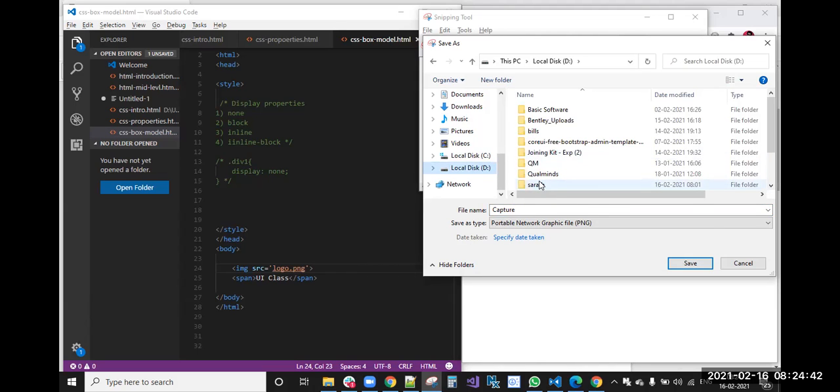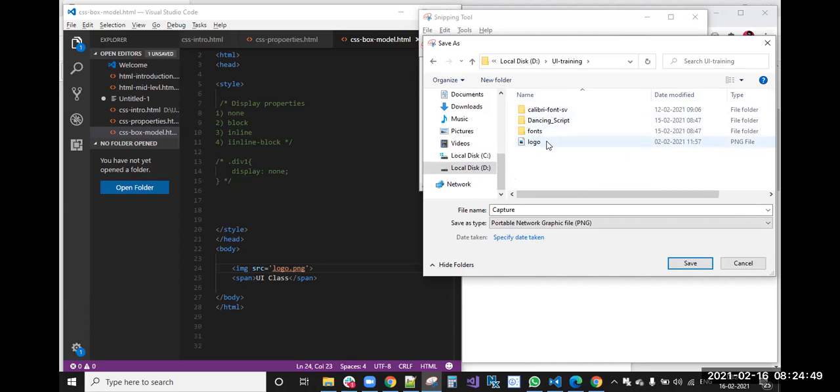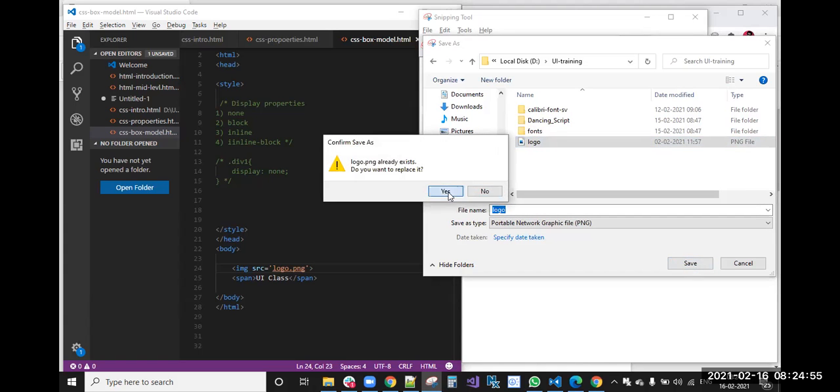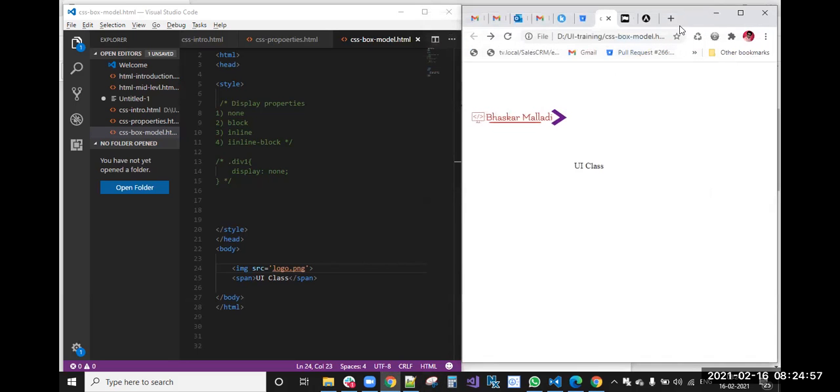I'm removing that extra space. Now you can see that. Beside this, the UI classes came, right? Because this logo is an inline element only, and this is also an inline element only.